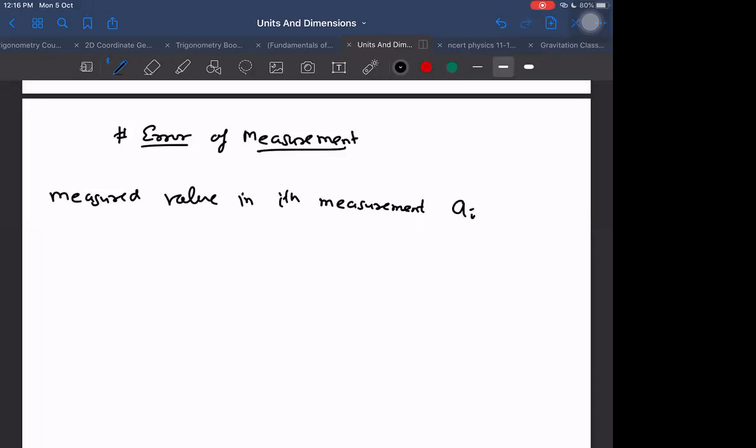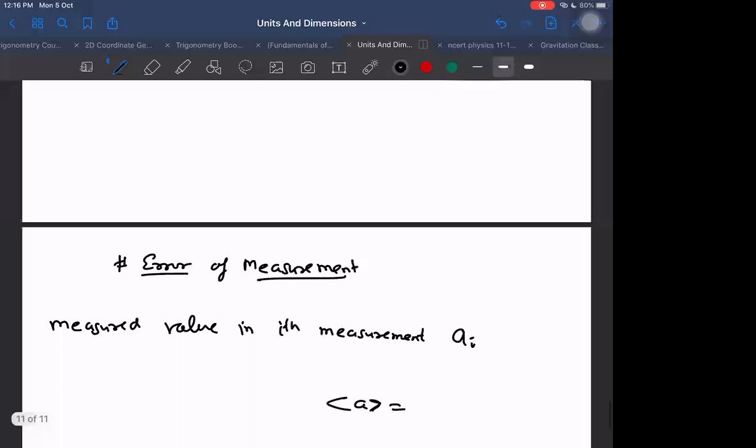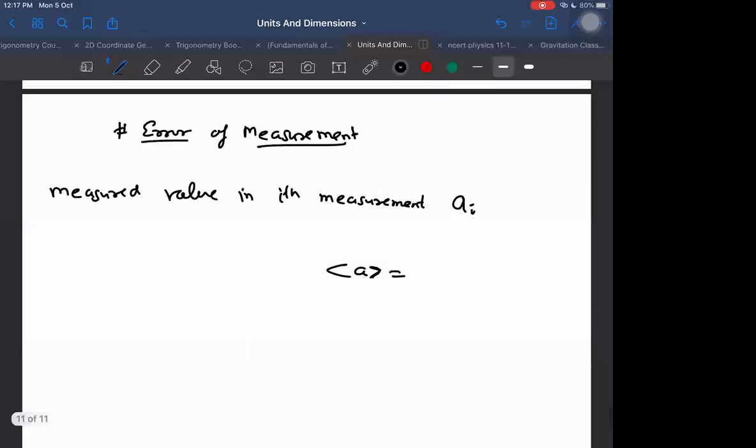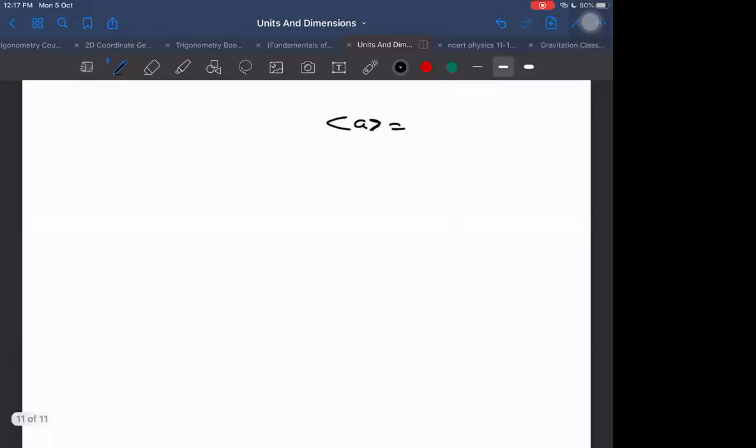So what is the true value? I already defined the true value. True value is nothing but the mean value. Actually, that is another thing. I think this is also correct here. What I'm saying, true value after zero correction when we do. But in order, if we are talking about the random errors,